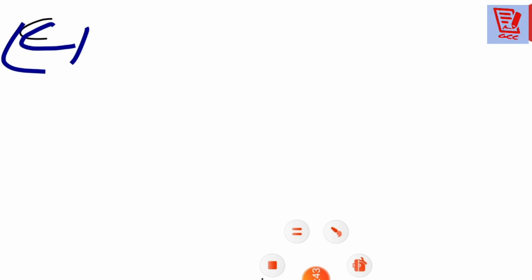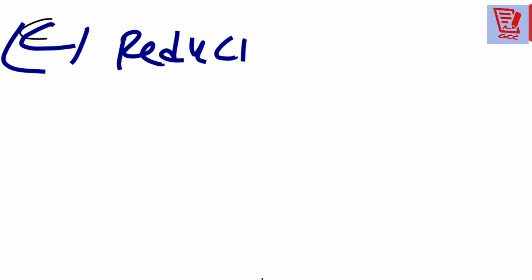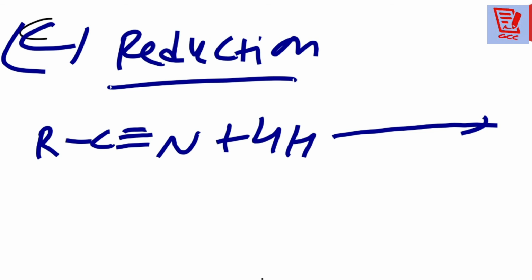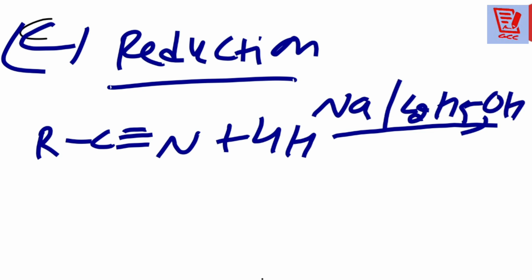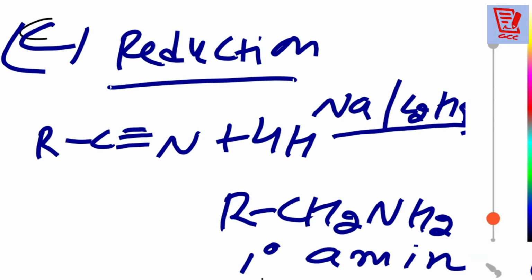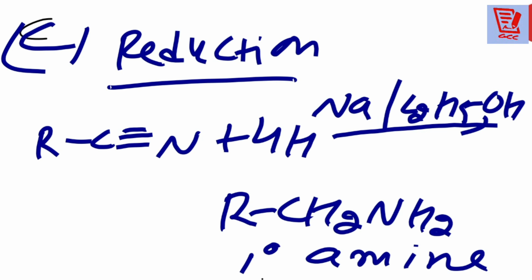Okay beta. Same way, now we are going to do the third part, C part, and the C part is about the reduction. See, RC triple bond N. Reduction we are doing in the presence of sodium and alcohol. Then what we are getting is RCH2NH2, which is called a primary amine. And students just remember one more thing, this is also a naming reaction, which is called the Mendius reaction. What do you call it?